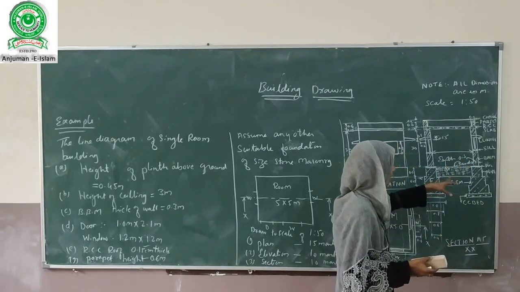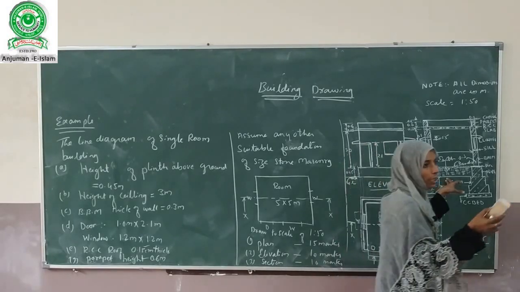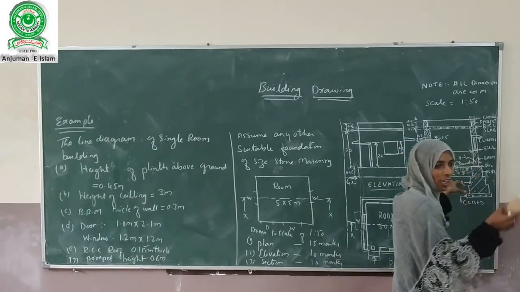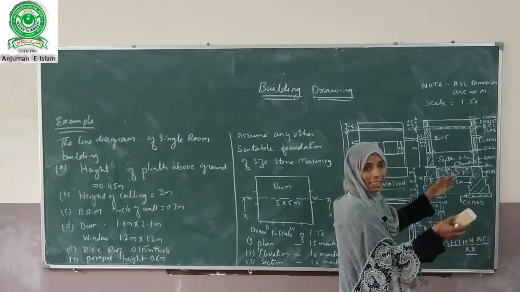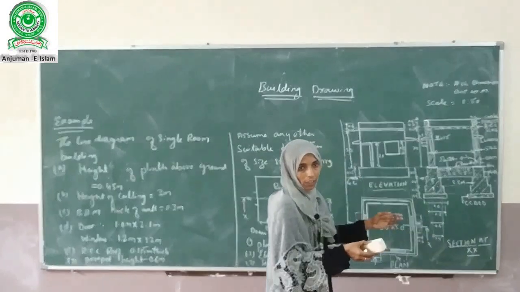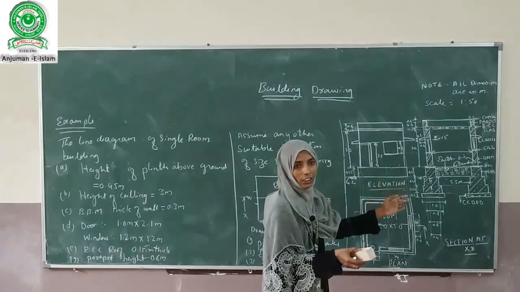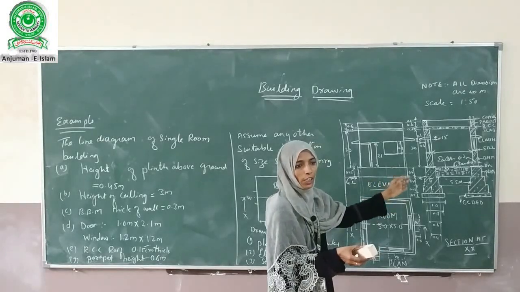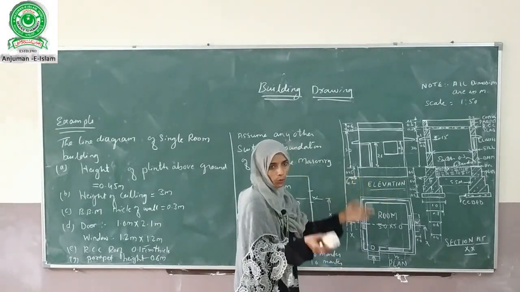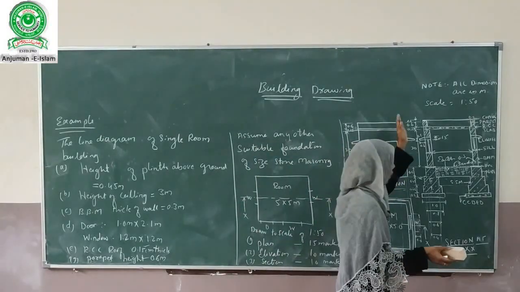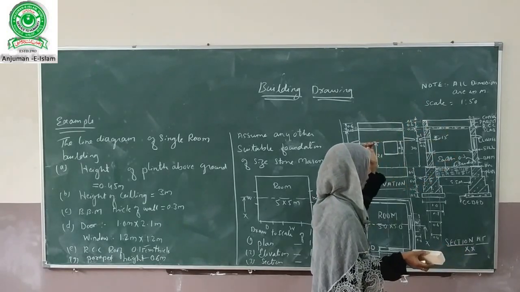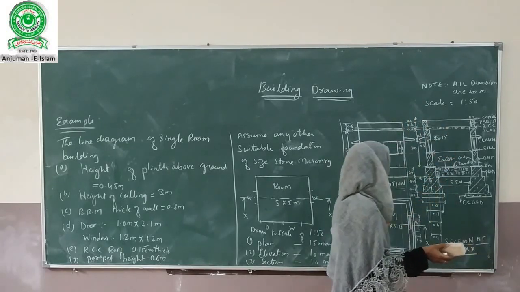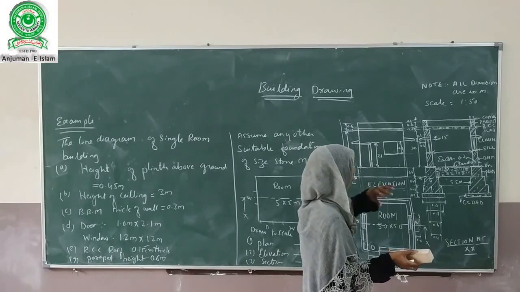So this will indicate the ordinary persons or the layman to easily understand what things will be carried out at the site. So this will help the site engineers or the site workers to carry out the work without any obstructions. So all this will give you the idea how the plan, elevation and the cross section will be drawn.